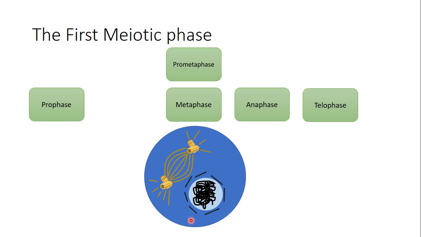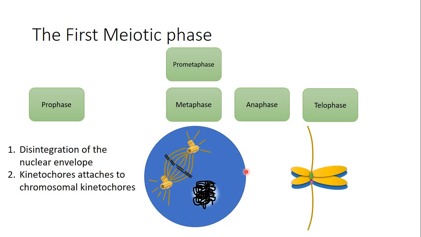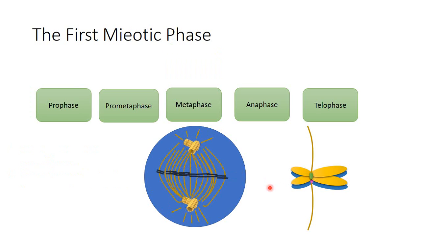So first of all, we have the degeneration, or the disintegration, of the nuclear envelope, and then the chromosomes will move to be placed on the spindle, and every pair of chromosomes will be bound to these microtubules on the spindle at something called the kinetochore. Then at the end of the prometaphase, the spindle will be formed, and then the chromosome pairs will be placed